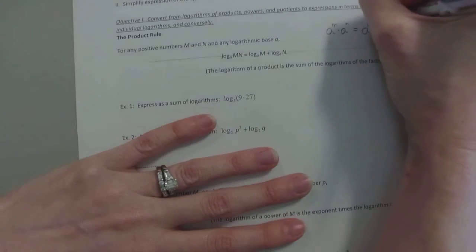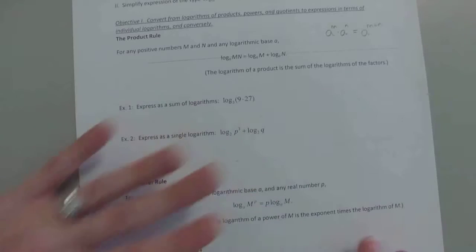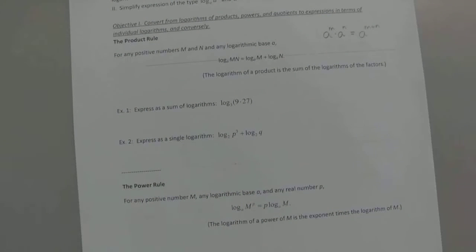So notice that this is just a to the m plus n, okay? So that's just proof of our thing, right? We have log base a. Remember, log is another way to say exponents, right? So log base a of this multiplication thing, so how can we separate that? Well, multiplication is just the same thing as adding, okay? So what we're going to do,